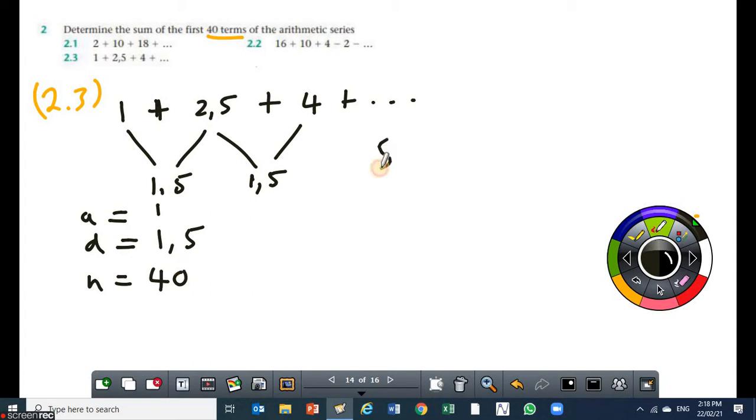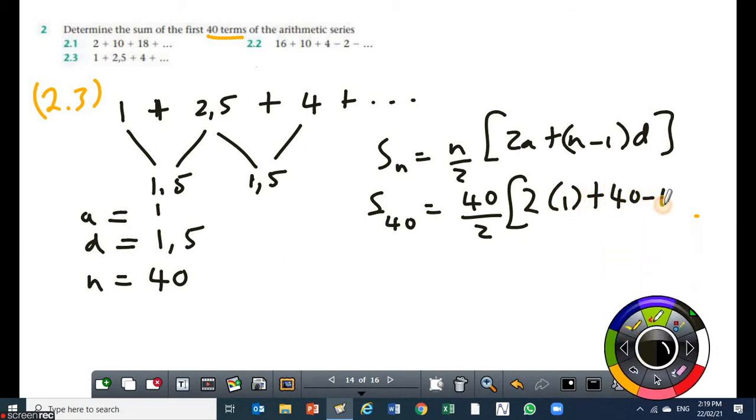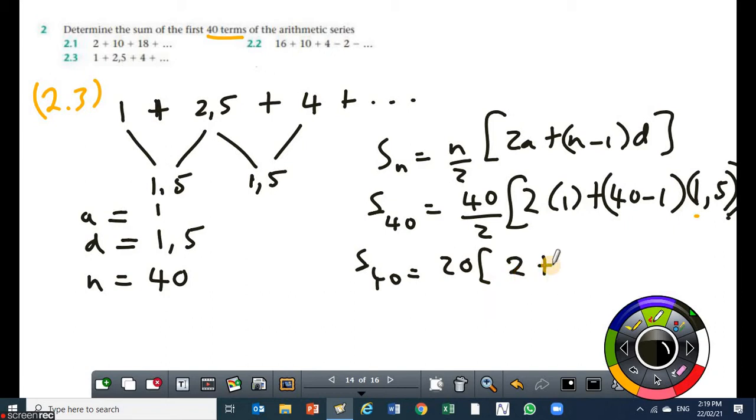So Sn is equal to N over 2 times 2A plus N minus 1 times D. Here our N, or the number of terms, is 40. It's stated in the question. So S40 is equal to 40 over 2 times 2 times 1 plus 40 minus 1 times D, which is 1,5. I can put 3 over 2 there if I want. If you simplify, your S40 will be equal to 20 times 2 plus 39